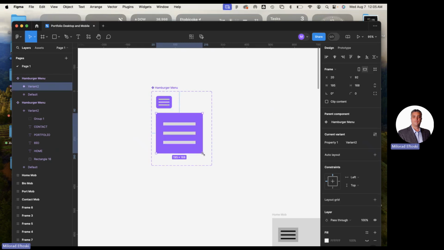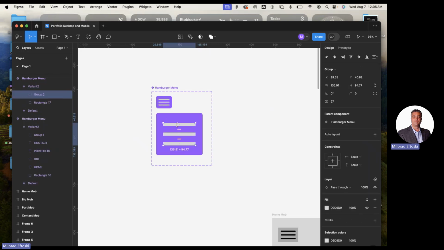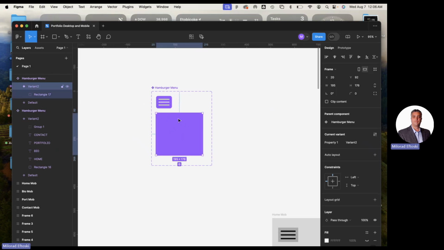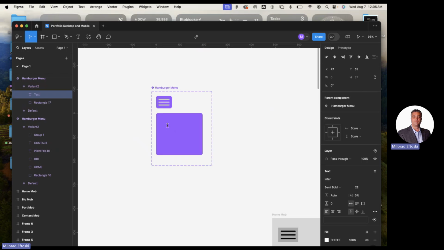It's going to make it look like an actual menu, like a drop-down menu. So I'm going to make it bigger. I'm going to delete these things in it and create maybe words, so they look like menu items that I'm going to list here. So for that, I'm going to just click on this box here. If I put something in with the text tool, it will insert it in the same location. Not necessarily make this a text box, but make it look like it's within the box itself. So this will be